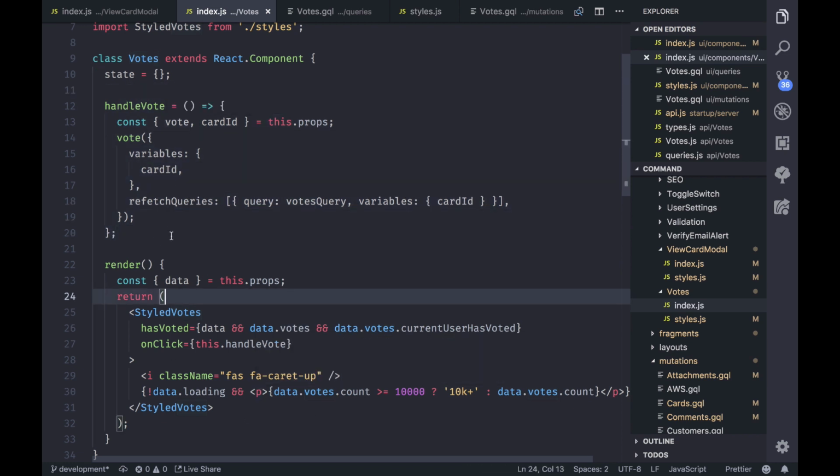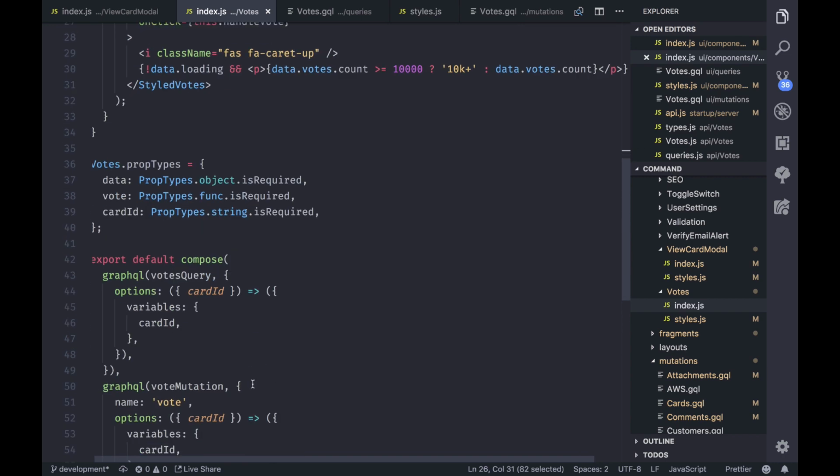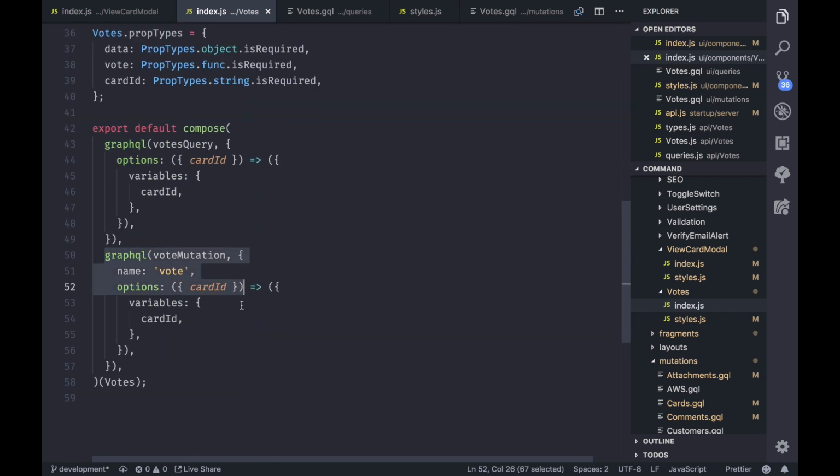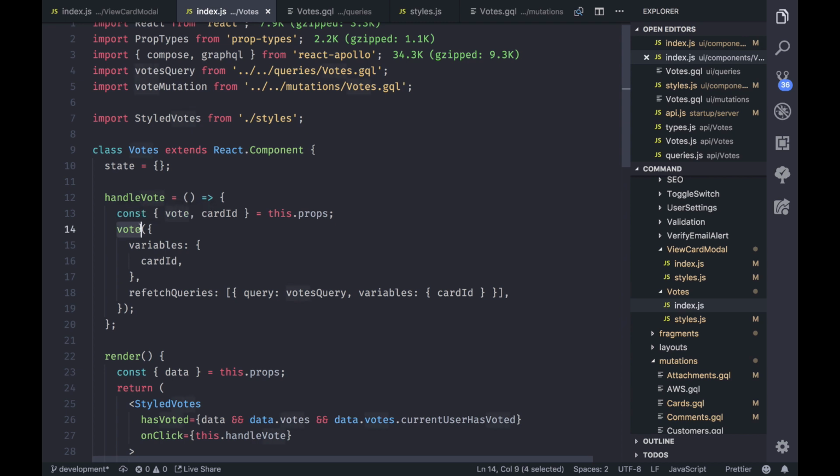Before we do though, I want to explain this final step here. On click, we're saying this.handle vote. Remember, we get data automatically, but we haven't talked about where the mutation comes in. The mutation in this case is, again, we call to GraphQL, passing our mutation, and what we get when all is said and done is a mutation function with the name that we pass here. I'm calling it vote. Quite literally, whatever is returned from this GraphQL higher order component is a better way to say that. Vote here then is equal to vote here, and you can see I'm pulling vote off of this.props